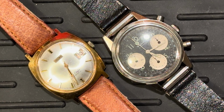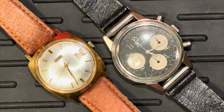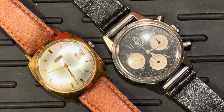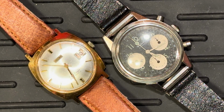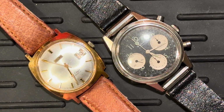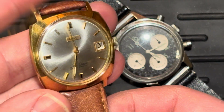What I want to talk about today, however, is what you're looking at, which is a couple watches that I've found. Now, I should note that I have had these watches for a little bit. I just forgot that I had them and was sorting out. I'm like, oh yeah, the YouTube watch people will probably want to see these. Well, one of them at least. So I'll start with this one on the left, which is a